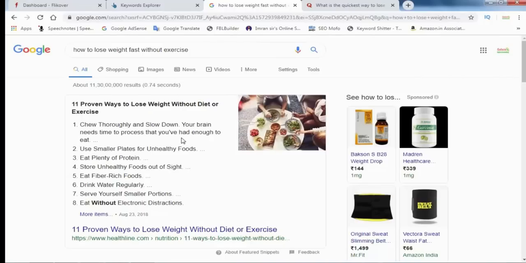There are 3 types of traffic in the world. First is search engine SEO traffic. Second is called social media traffic, and third is called referral traffic. Google AdSense allows all traffic, but if you send some fake traffic for clicks, then you need to send it from search engine only. I think you understand what I want to say.